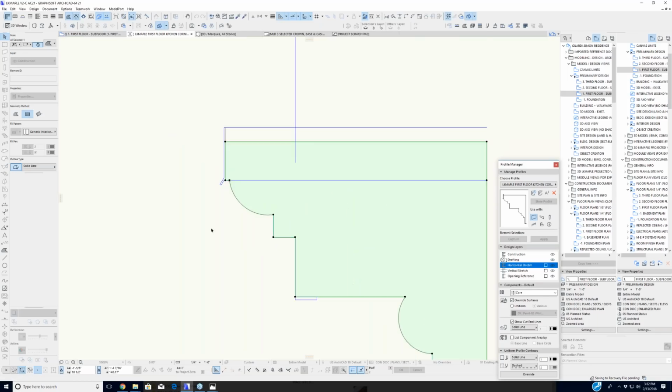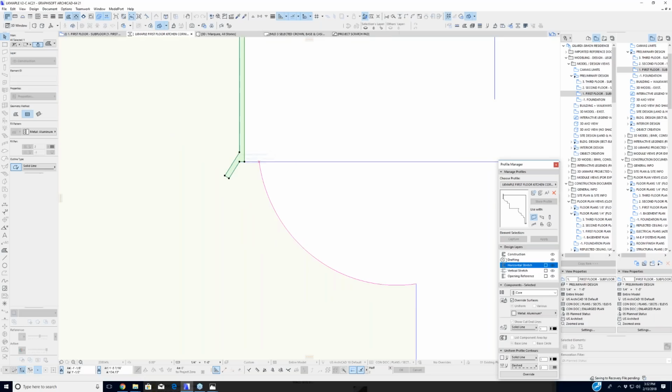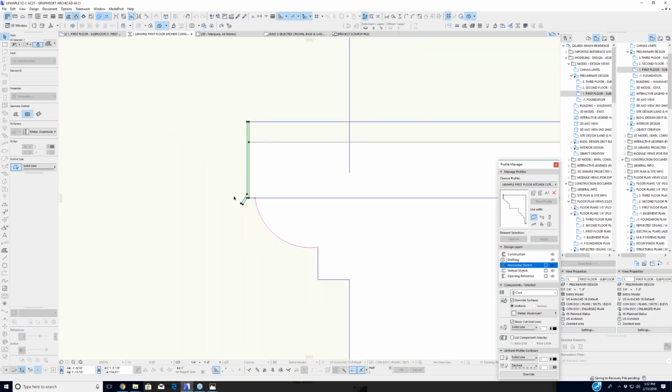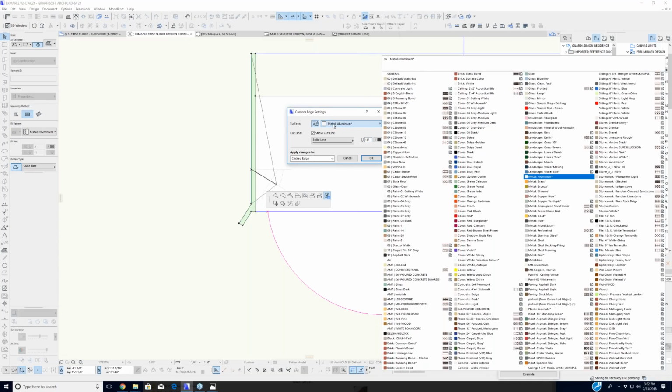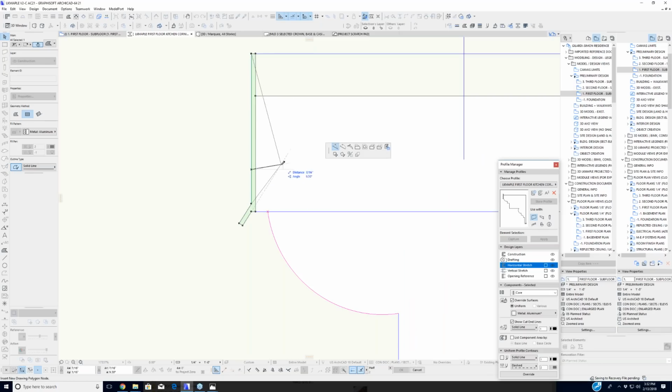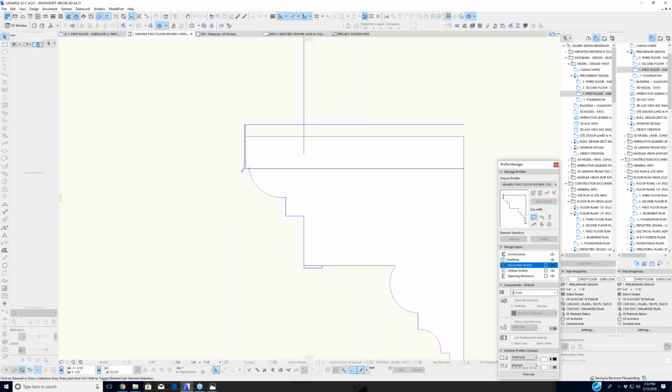If I come over here, you're going to see this is an aluminum drip edge. It's part of this complex profile. I'm going to left click and hold the left click button down. Slide over here, set parameters for profiled edge. You can see I have a material called metal aluminum. This could be copper, this could be lead, this could be rubber. So basically it's whatever material was truly in the field. Now this was a metal aluminum piece of material, and then you can change that color. When I come over to the floor plan,